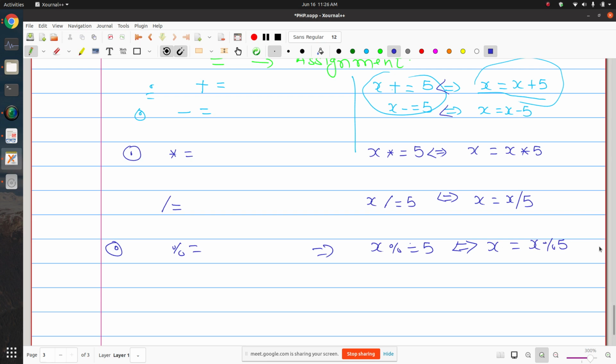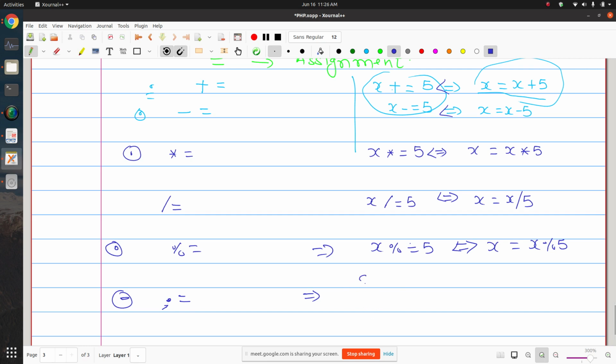So there are some more variants. There is one more important operator, that is dot equal to. So this is actually dot. This dot is concatenation operator. So the meaning of this is like that. Let me demonstrate it with an example.